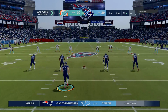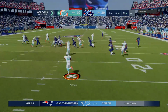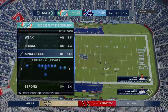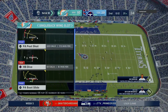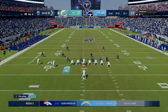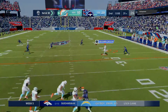So not much time to speak of remaining in this first half as the kick's away. This will be fielded inside the 5. And taken down just past the 20 at about the 21-yard line. Take over 1st and 10 at their own 21-yard line. The Dolphins at the line ready for their next drive. And with time quickly fading here in the 2nd quarter, not sure how aggressively, offensively they want to play this. I think we'll find out just how much they...